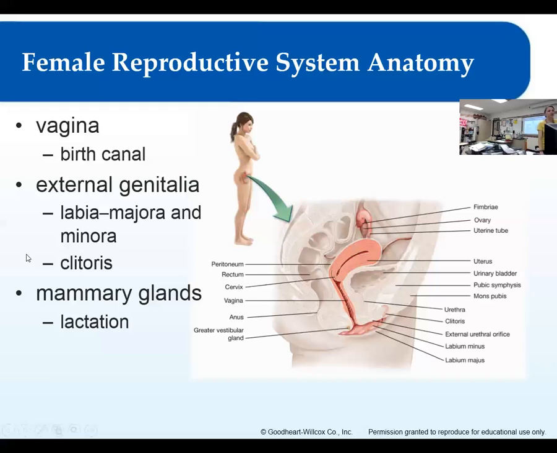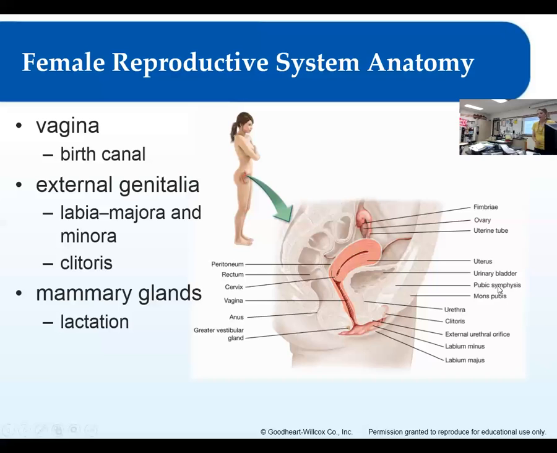External genitalia. The other word that you'll hear for the external genitalia is the vulva. All of the external genitalia is called the vulva, in general, in reference to all of it. So as far as external genitalia goes, you've got the mons, the pubic symphysis, if you'll remember,